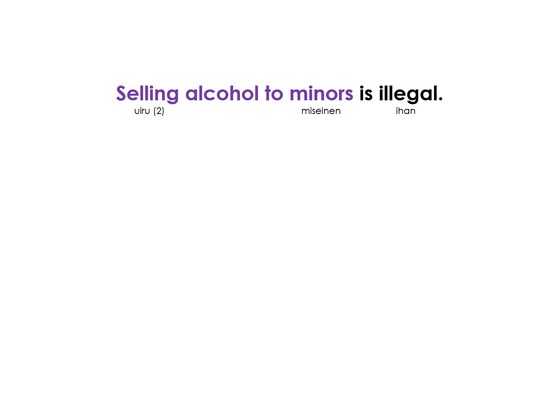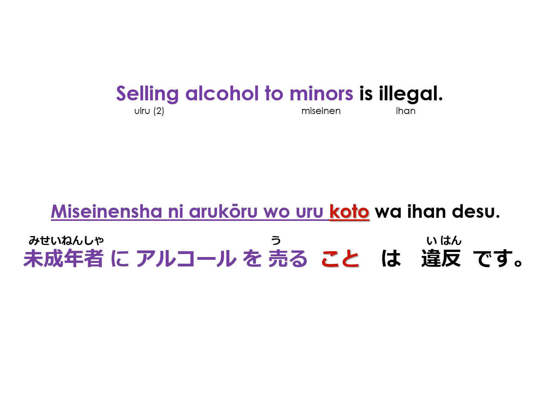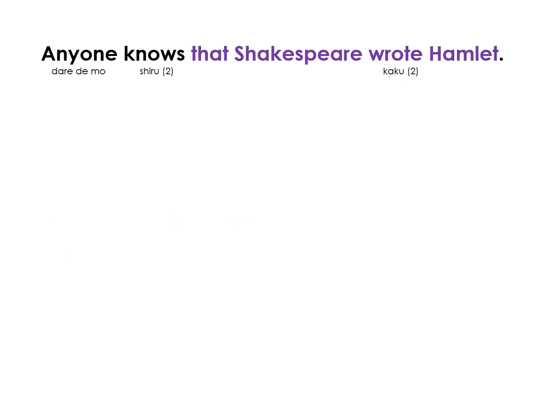This is a general statement about the law, so we use koto. In Japanese, 未成年者にアルコールを売ることは違反です。